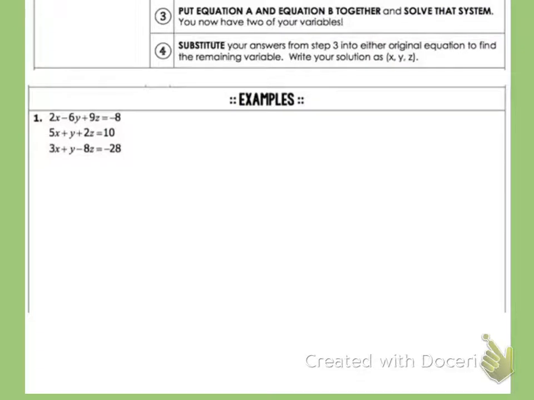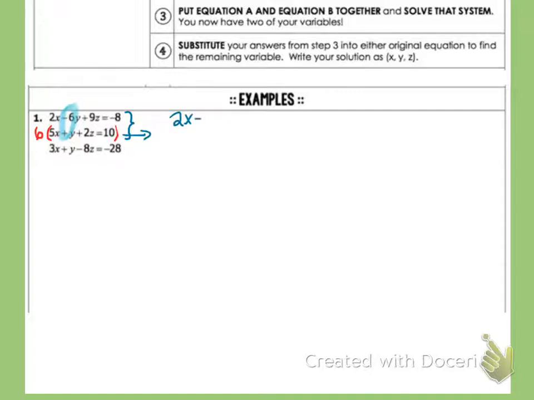So let's say we just took the first two equations and focused on these two and tried to eliminate one of the variables. It looks like the easiest variable to eliminate is going to be our y's. If we take a look at the coefficients on the y's, the top one has a -6 and the bottom one has a 1. So what we're going to try to do is get them to be opposites of each other. We're going to take this second equation and multiply everything in it by 6, and rewrite it with my